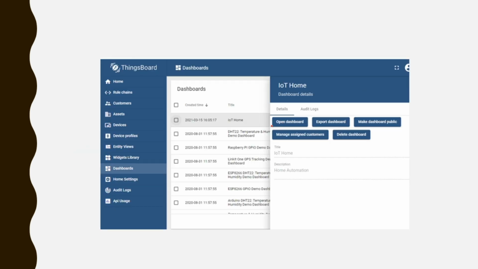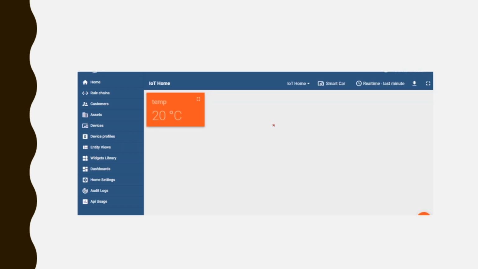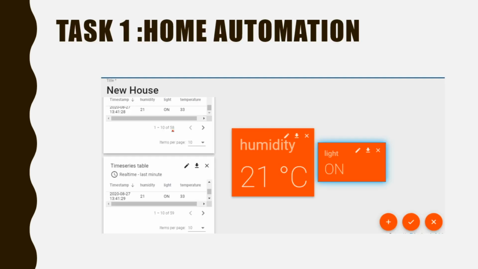There was an option like open dashboard here, so you can click open dashboard. Once you click it, you can see this output visualized in your ThingsBoard. The 20 degrees which I passed in Node-RED has been transmitted here. Whatever value you are transmitting from Node-RED will be displayed here.